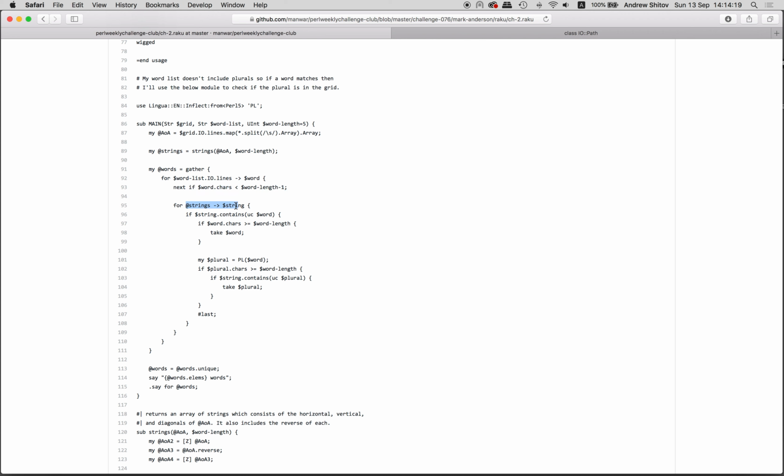And for all the words in the string, so for all the word candidates, if the string contains the uppercase. Okay, so this play with upper and lowercase is a bit annoying. And then if the word is bigger than the given length